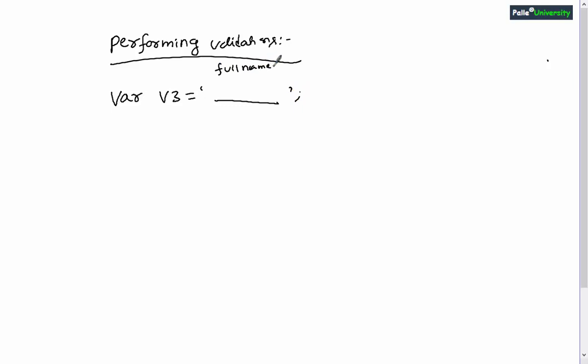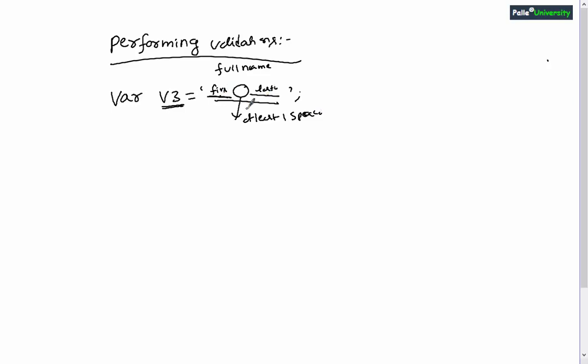Now my requirement is I want to consider the v3 variable's data as valid when the v3 variable is having English alphabets. First name of the person has to be present, and v3 must contain last name, and in between first name and last name at least one space must be present. And in case more than one space is also present, even I want to consider that also as valid data.